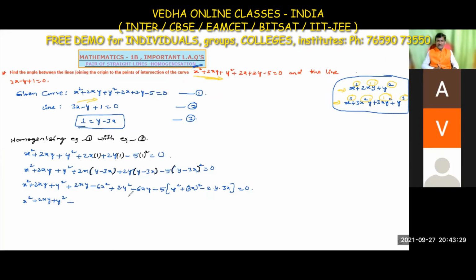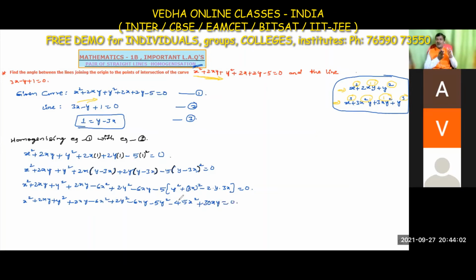Here 2xy minus 6xy. Either you simplify or write one more step. So minus 6x square, 2y square minus 6xy. Here minus 5 into y square, minus 5y square. 3 square is 9x square, 9x square into 5, 9 fives are 45, minus 45x square. Here 5 2 3s, 2 3s are 6, 6 fives are 30. Minus into minus is plus, plus 30xy is equal to 0.